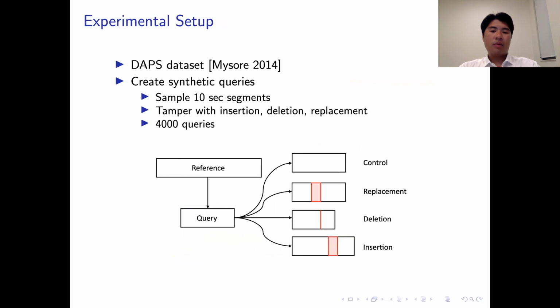For our experimental setup, we use the DAPS dataset, which contains high-quality audio recordings of 20 different speakers reading scripts that are 2 to 4 minutes long. We focus on the 100 high-quality, low-noise recordings, compressing the audio to 3 different bit rates. We randomly sample 10 different 10-second segments from each compressed recording and tamper each 10-second segment in 3 different ways to simulate insertion, deletion, and replacement tampering operations, and also include an untampered version as our control. Given our method for generating queries, we have a total of 4,000 queries for a given bit rate and tampering duration.